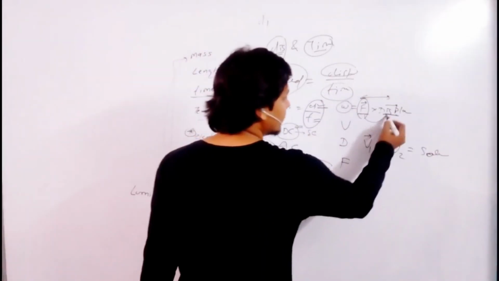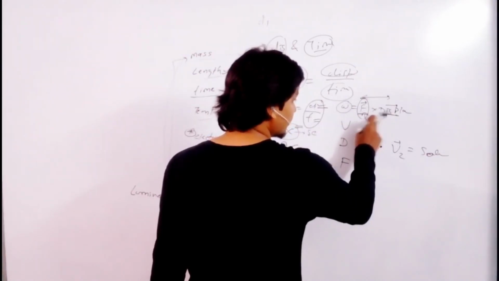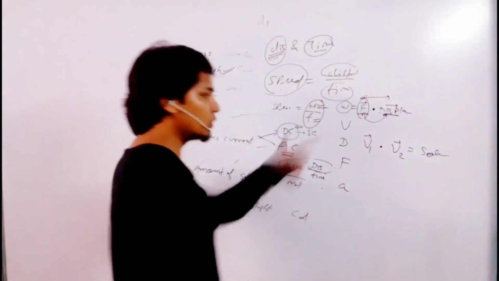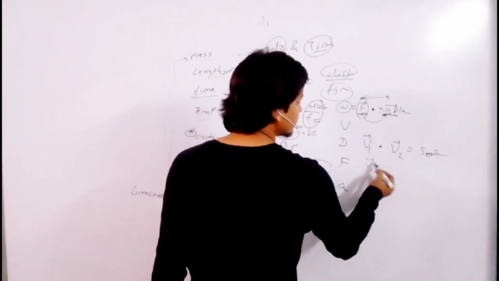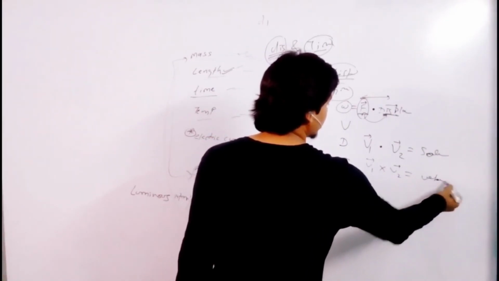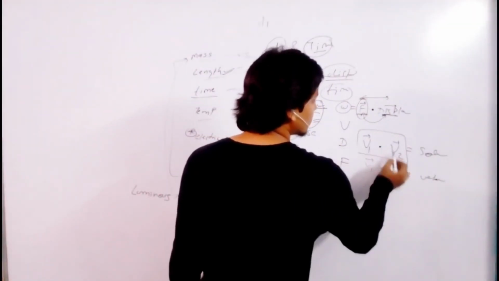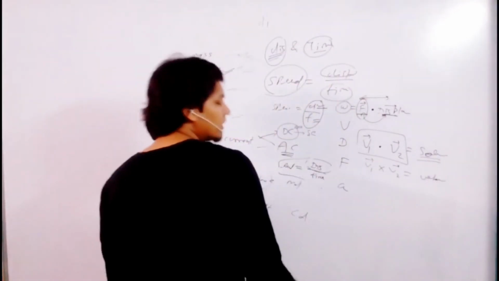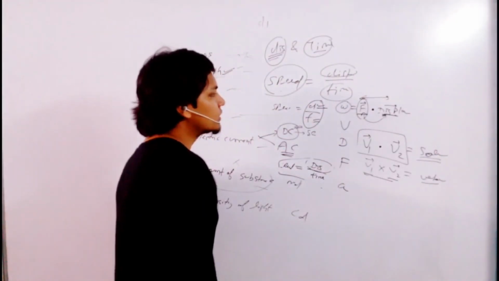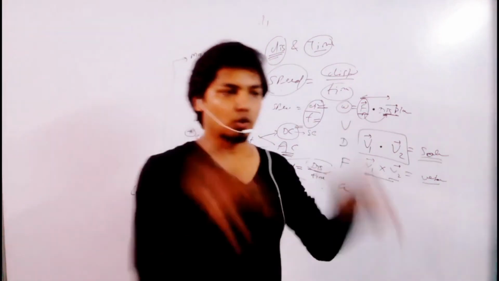It means between them we have a product of two vector quantities, and that product is actually the dot product. The next one is the cross product. The cross product will give you a vector quantity. You can have a lot of examples. So the dot product between two vectors will give you a new scalar quantity. Similarly, the cross product between two vectors will give you a new vector quantity. Got it?